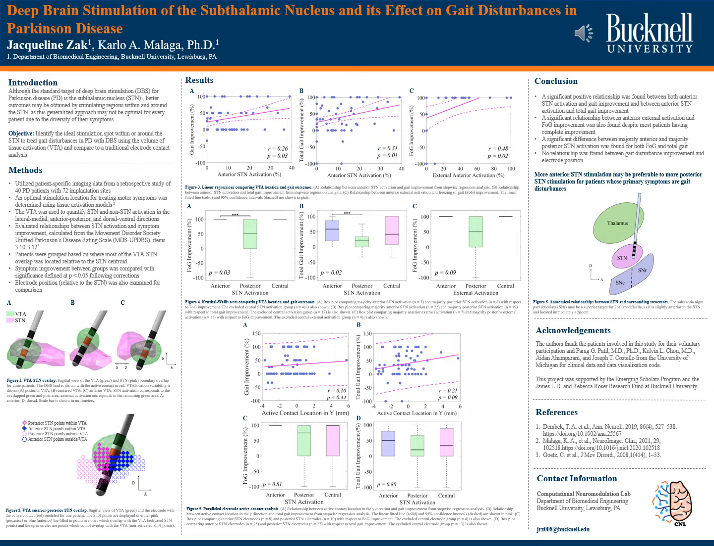For the external analysis, I found a relationship between anterior external STN stimulation and freezing of gait improvement. This finding suggests that a structure anterior to the STN and external to it may be an optimal stimulation target for freezing of gait specifically. The active contact analysis showed no relationship between active contact position